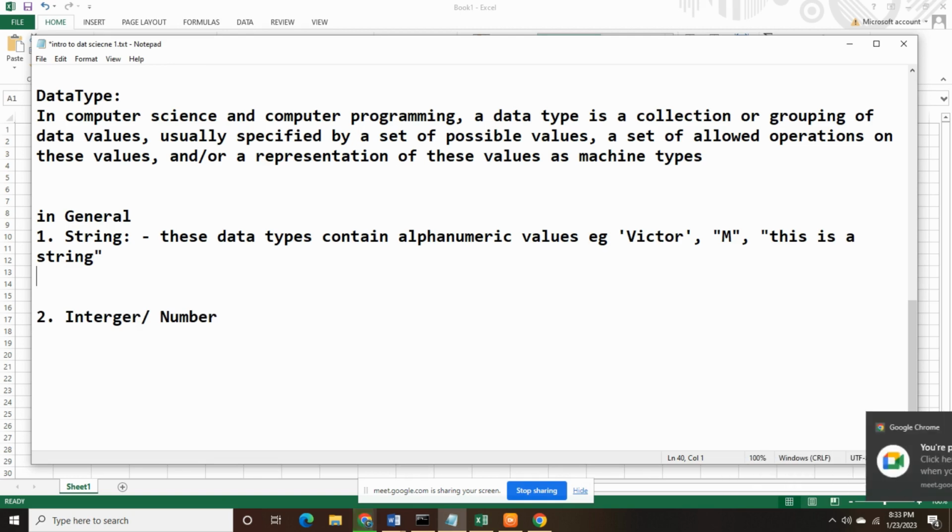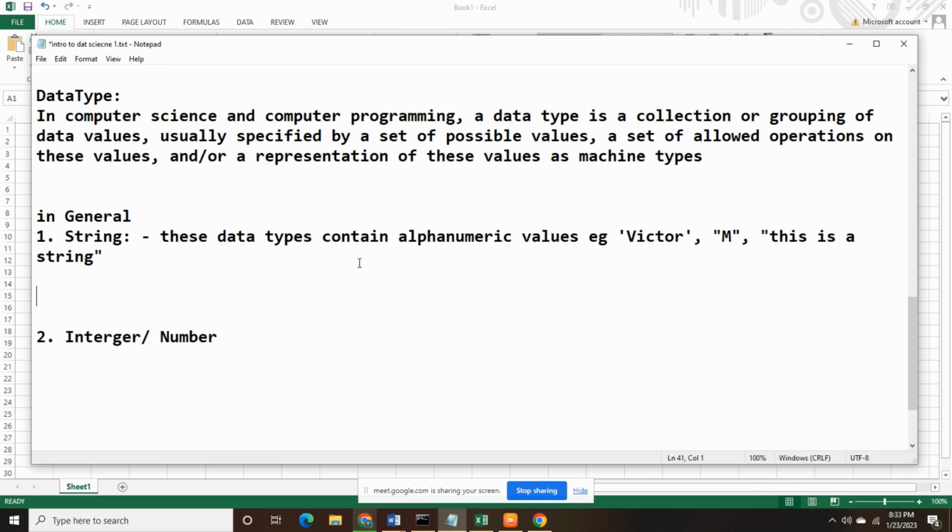But let me just give you an example. If it were JavaScript, we're going to say const or let. Let me use the word let, for example, name be equal to Victor. Now when you actually console log or run this particular code, it's going to give you the data type of a string. If you say type of name,